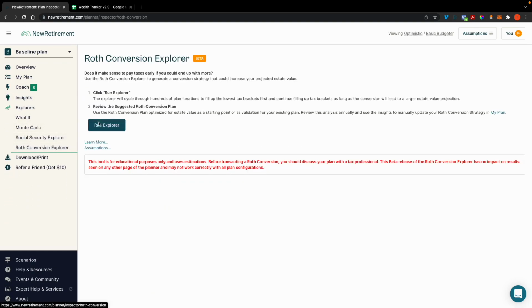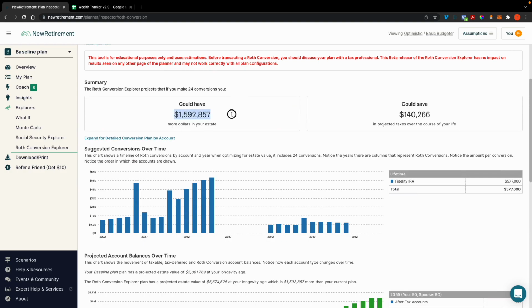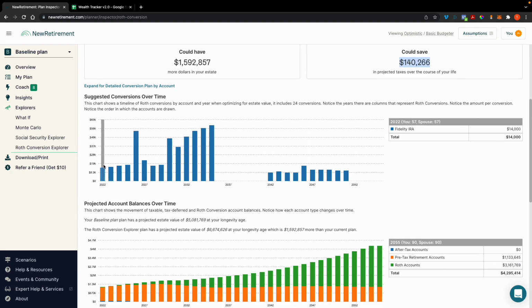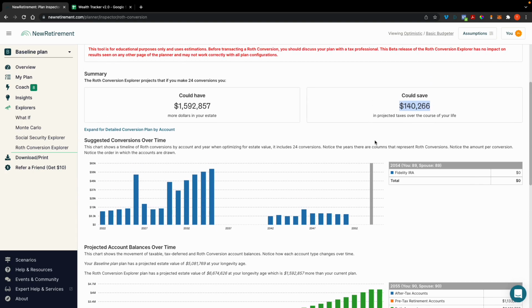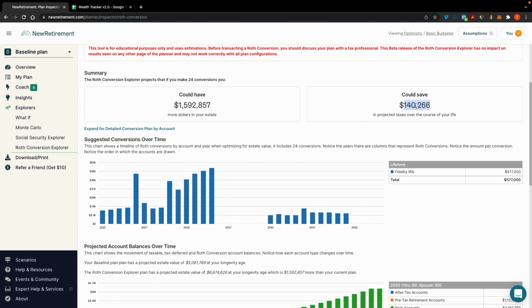So, Roth Conversion Explorer, run it. Is there value here of significance? What are the conversion amounts that it's proposing? If it looks like something that is significant, make a duplicate of your baseline plan